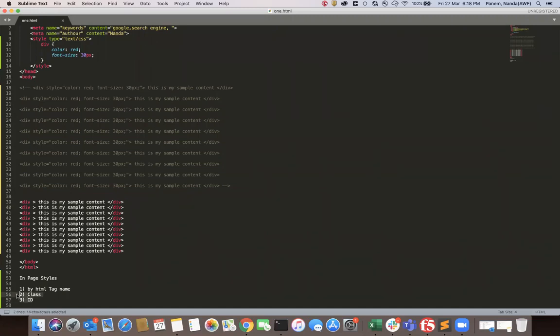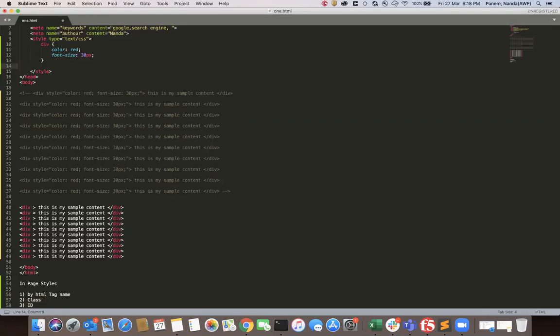But the problem with ID is, you have to provide identification for each and every div. So that is going to be one more critical part. So then how can we provide? We can provide by using classes. So how can I provide classes?